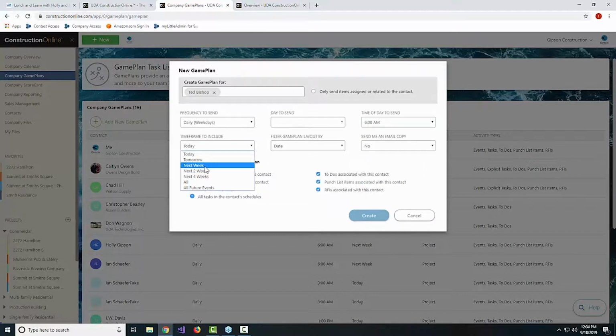I want it to go ahead and give him a 7-day look ahead. So we'll choose the next week. And we'll group this by project since he's typically going to be working on projects for me. And I'll include myself on that so I can be CC'd on this game plan here. So then what will happen is every morning, 6 a.m., Ted's going to get an email there, a game plan,